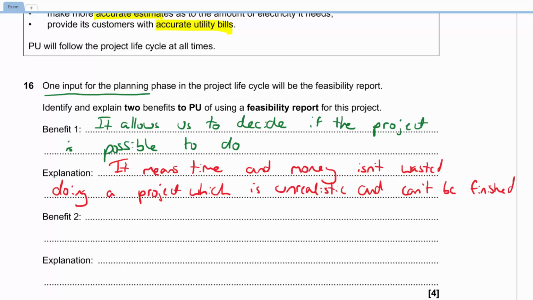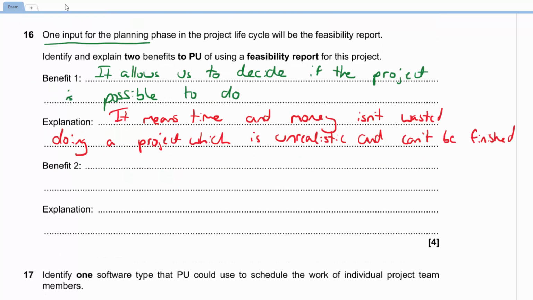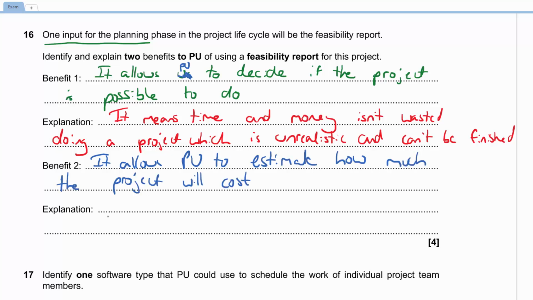Okay, so we need to add another benefit here. Really, this is the whole purpose of a feasibility report used up in our first benefit. But to maybe get more specific, we can mention money, right? So part of this report is deciding how much it will cost if you are able to do it, and to see if it's within your budget. So when I say it allows us, I really mean it allows PU. You've got to be probably more careful writing that. So it allows PU to calculate, or should probably say estimate how much it will cost,